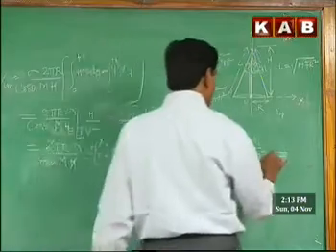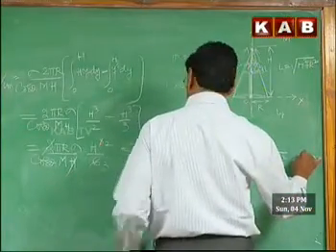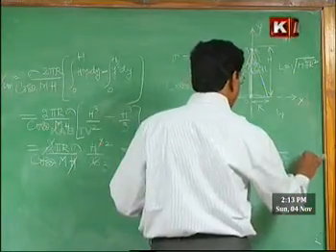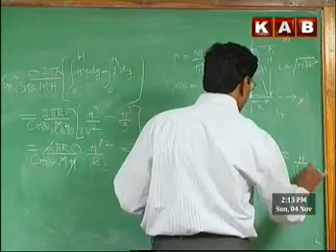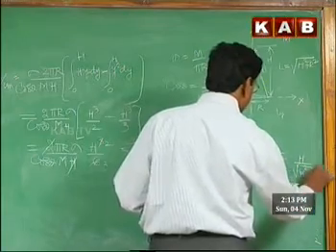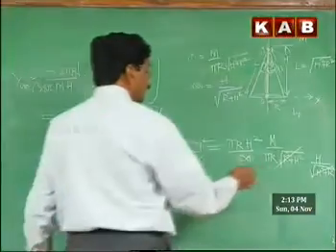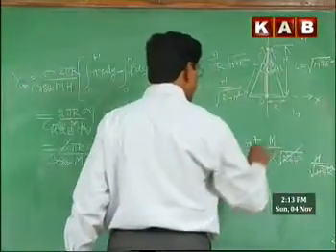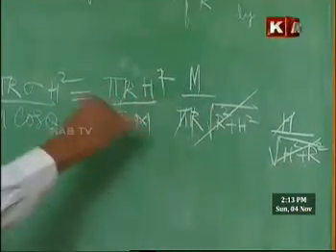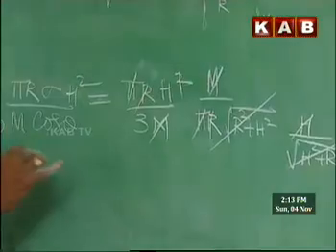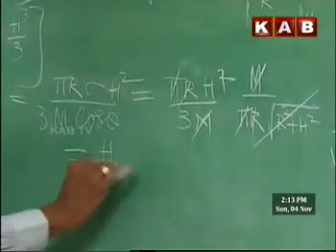That also we write, cos theta. Cos theta is the denominator. Denominator is h by under root h square plus r square. H square, r square, h square under root r square gets cancelled. One of these h's gets cancelled, r gets cancelled, pi gets cancelled, m gets cancelled. We have h by 3.